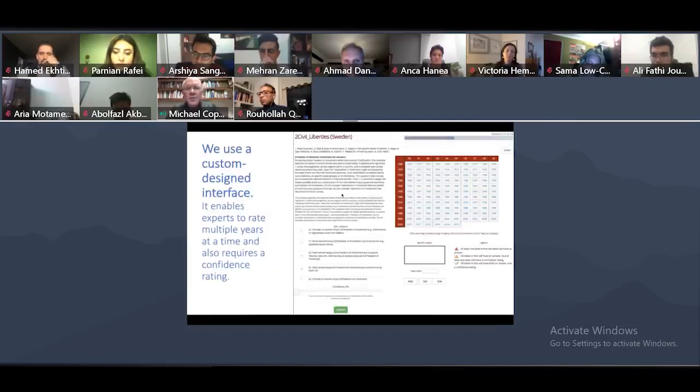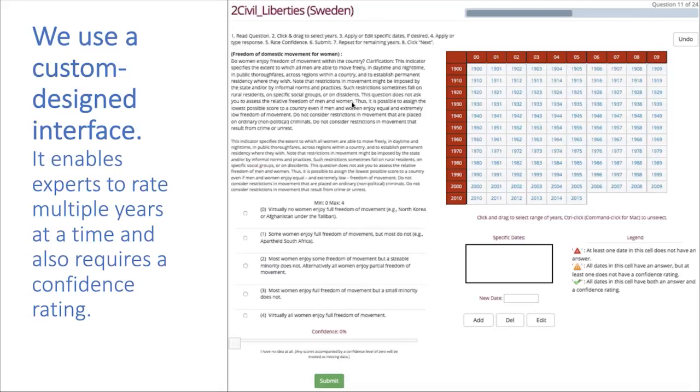Next slide. This is a screenshot of the online interface that we use. It has a kind of unique coding interface at the upper right, where there are decades in rows and individual years within decades in columns, and it allows people to click and drag to select a group of years that deserve the same rating, and code them all at once. There's also a little slider bar at the bottom center under the term confidence, that allows people to assign a confidence rating for the ratings they have assigned, like how confident they are that they have assigned the correct rating for those country years that they selected.